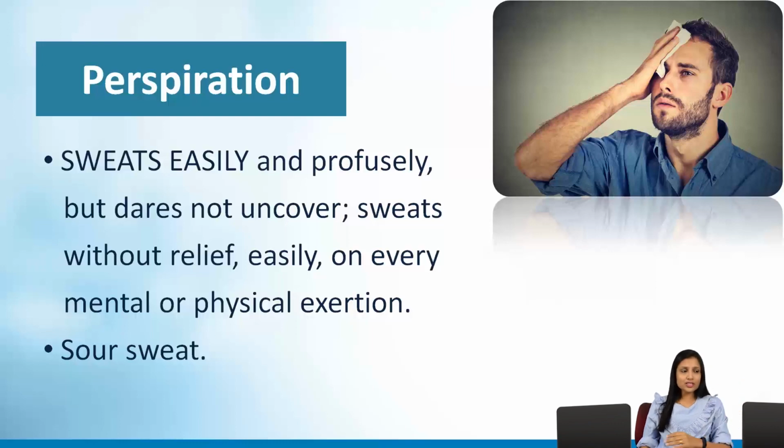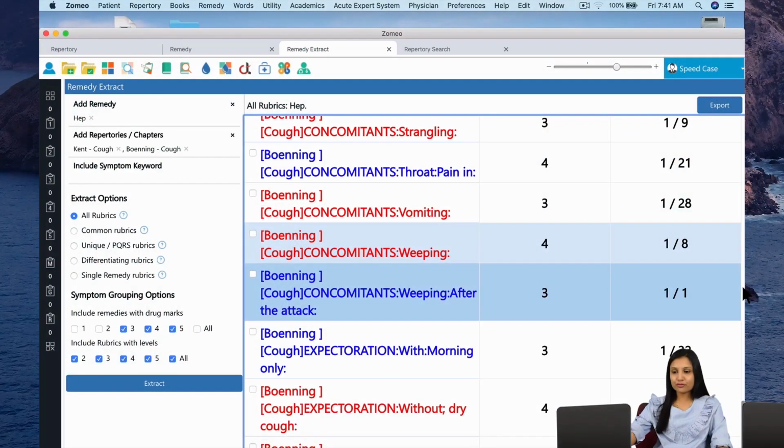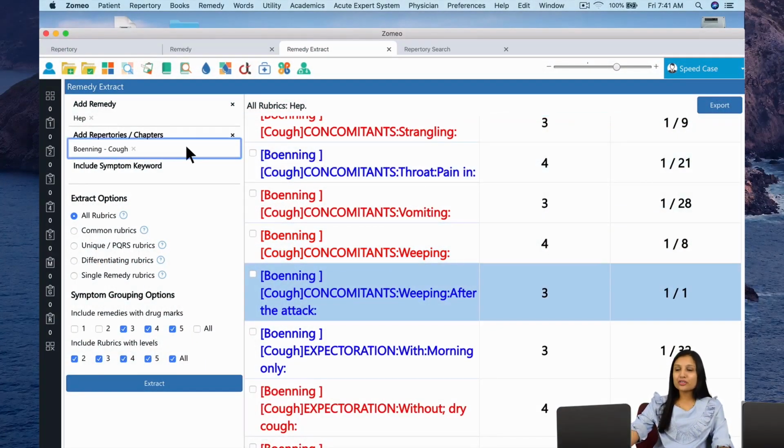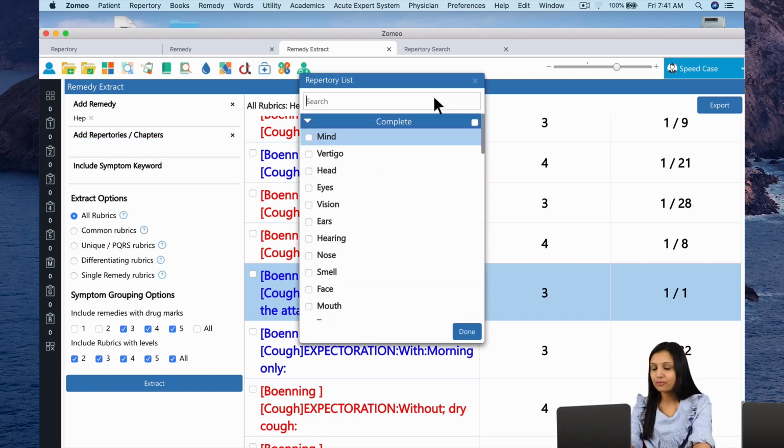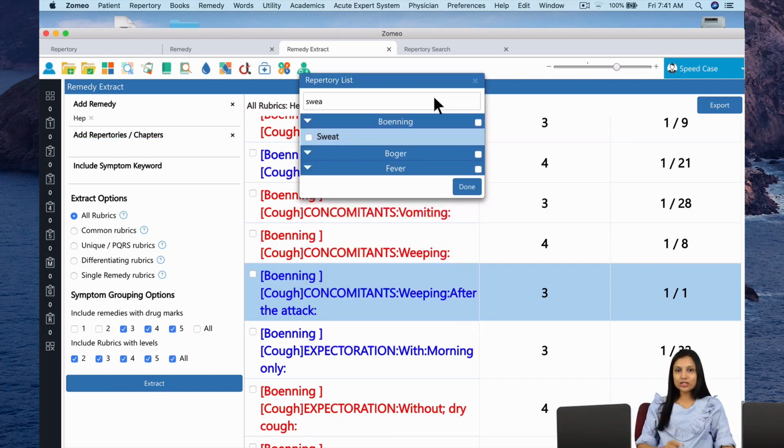So sweats easily and profusely but dares not uncover, sweats without relief, easily, on every mental or physical exertion, sour sweat. Okay, let's have a look at the extract of perspiration for Hepar Sulph. So, I will remove the chapters on cough and I will put in the chapter of sweat. Okay, now I want to specifically look for the sweat chapter of BBCR. So I select sweat from BBCR